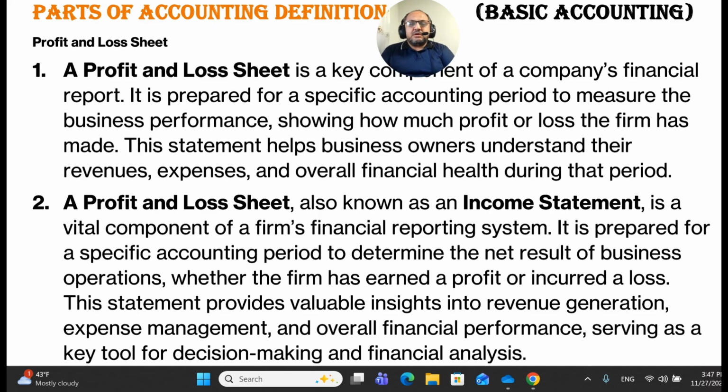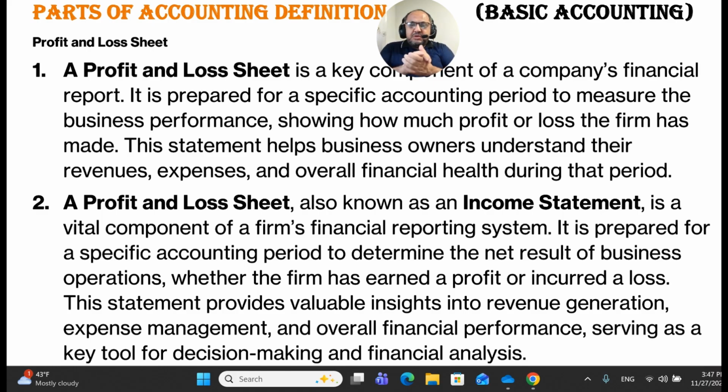And today's topic, I'm going to teach you the profit and loss sheet. How do we prepare the profit and loss sheet? What is the purpose of preparing the profit and loss sheet, and what are the results of preparing these profit and loss sheets? So at first I would like to give you a few examples regarding the profit and loss